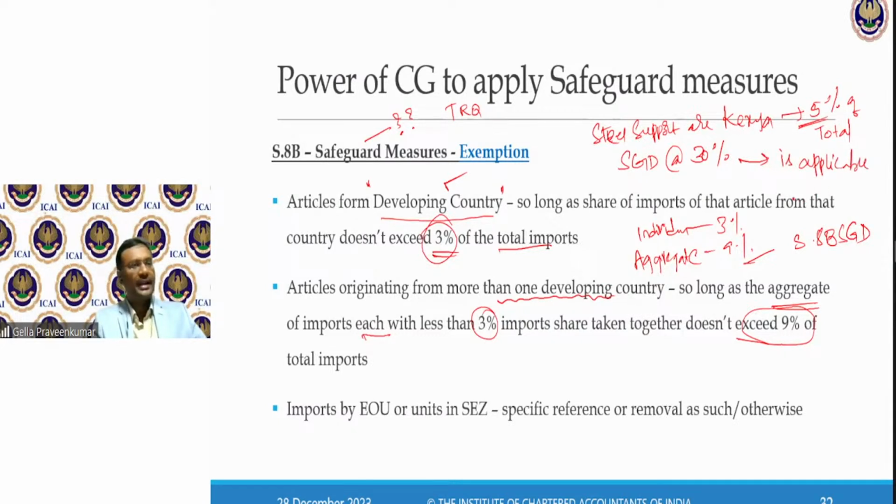Having concluded that, you will also calculate the applicable customs duty. So how do you calculate? Basic customs duty plus safeguard duty plus IGST. This is how you will calculate. In between, you have something called social welfare surcharge, social welfare cess, which I'll explain maybe another 15 or 25 minutes from now.